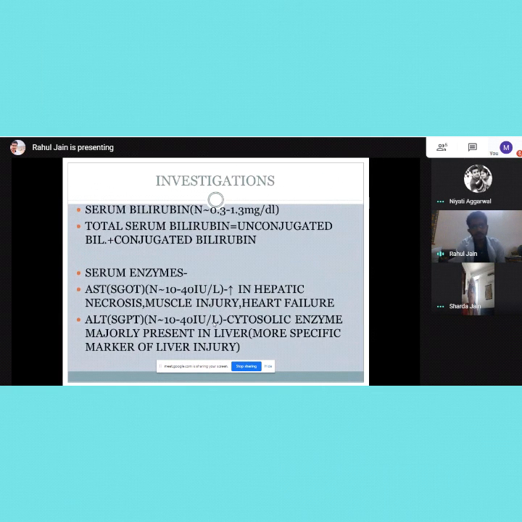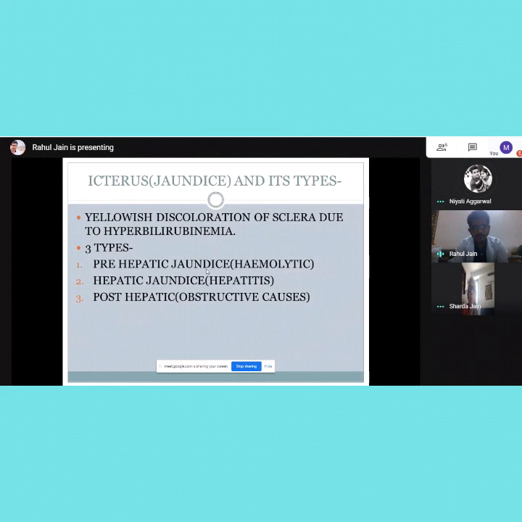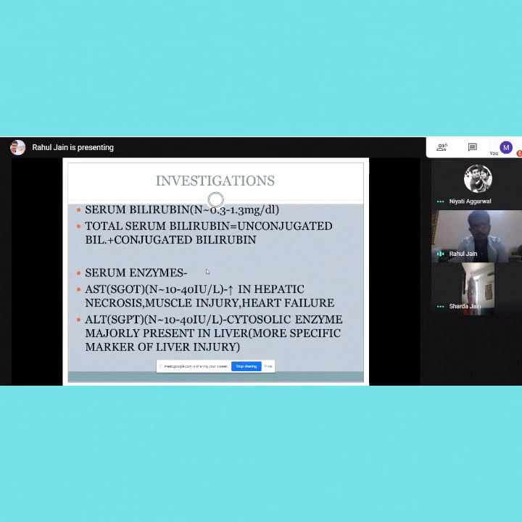So what investigations are part of LFTs, and whenever we do them, what do we expect in LFTs, and how do we interpret them? First investigation is serum bilirubin. Normal levels are 0.13 to 1.3 mg per deciliter, and this total serum bilirubin consists of unconjugated and conjugated bilirubin together. Normally, as we can see in this figure, not much conjugated bilirubin is there in the blood, and there is no way this conjugated bilirubin can reach the blood. So the levels are normally very low, usually 0 to 0.2 mg per deciliter, and the remaining 0.6 to 0.8 is my unconjugated bilirubin.